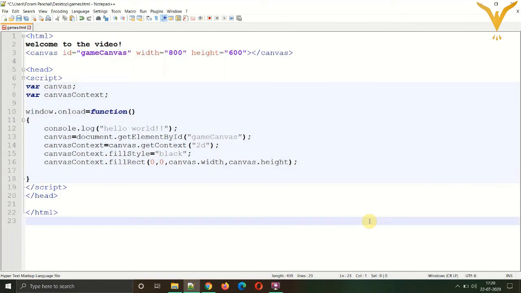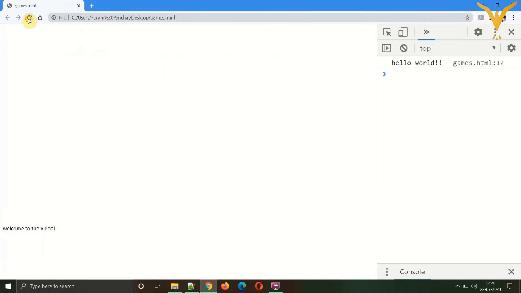Let's save our file and refresh the browser. So we have successfully created a canvas which is 800 by 600 pixels.